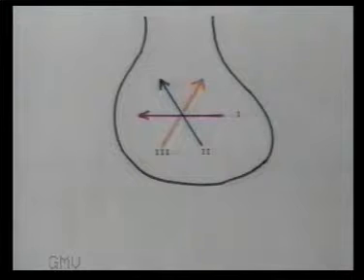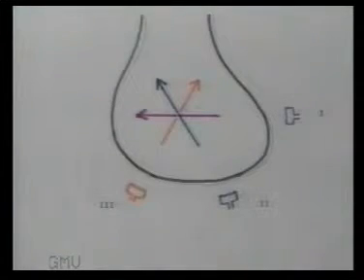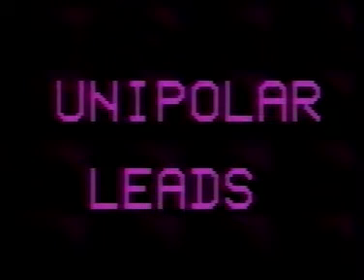Let us now overlap the directions over the heart, and the next diagram will show the leads as to how they look at the heart, or the directions from which they look at the heart. Lead 1 from the left side and leads 2 and 3 from the inferior side. All other leads are unipolar leads. The letter V stands for a unipolar lead. So AVR, AVL and AVF are unipolar limb leads, and V1, V2, V3, V4, V5 and V6 are unipolar chest